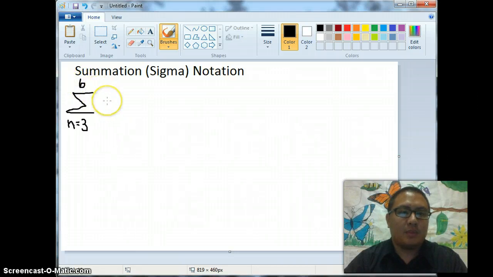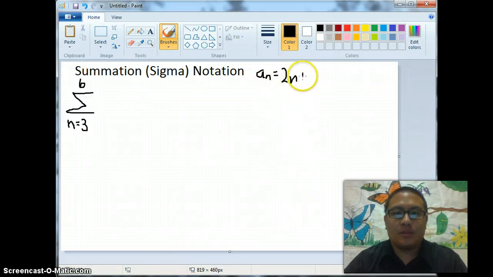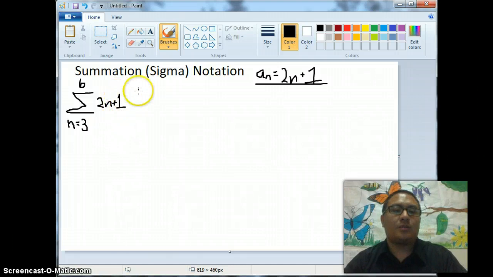Okay, and I'm going to put a sequence in here, and today let's do the sequence a sub n is equal to 2n plus 1. So this is an arithmetic sequence that's explicit, right? Alright, so I'm going to put this in, 2n plus 1. Okay. Alright, so what summation notation is telling me to do is to